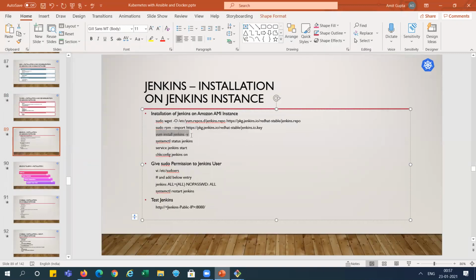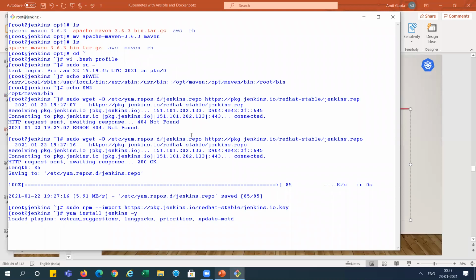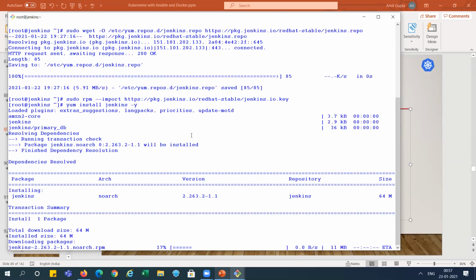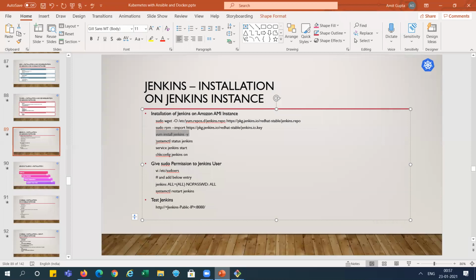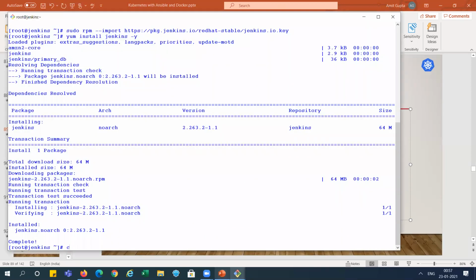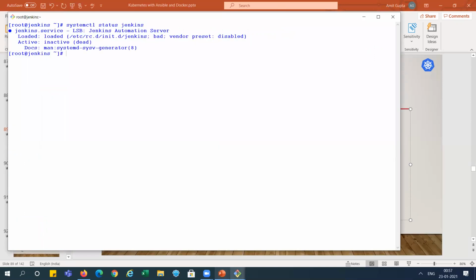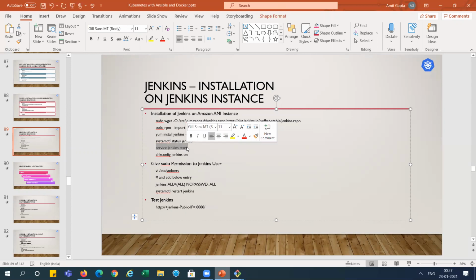After that, we need to install Jenkins. It is installing, then we can check the status of Jenkins. See, the status is not active, so we need to start Jenkins.